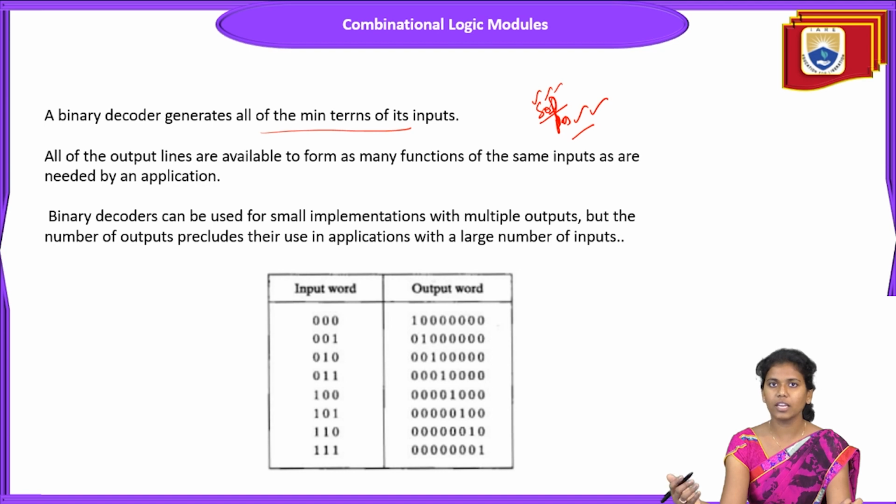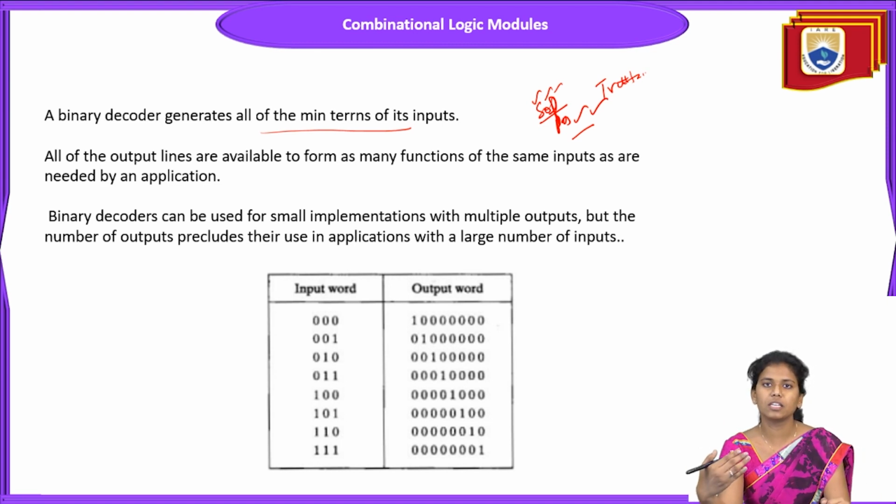The expressions come out with respect to the truth table that you are considering for a particular device. For any kind of logical circuit that you are considering, you can write the truth table followed by the sum of products and product of sums